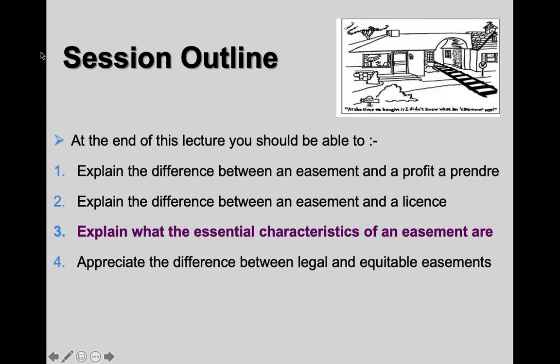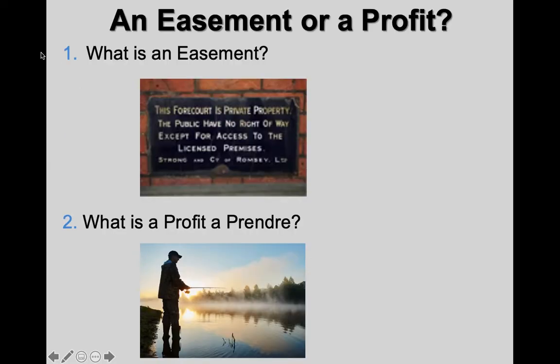So that would be key if you're dealing with this as an assessment strategy. Obviously we're not, but it's a very important part of easements as a discipline. And then we would look at the difference between law and equity again, which will matter for you guys when you're thinking about formalities. So an easement versus a profit à prendre.